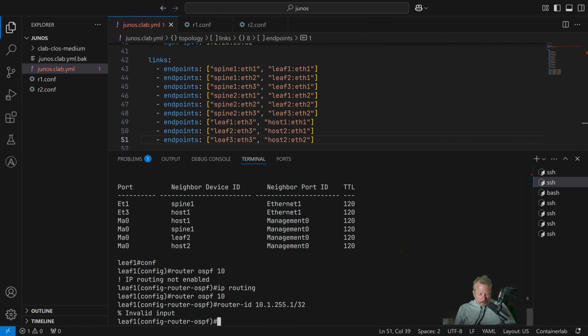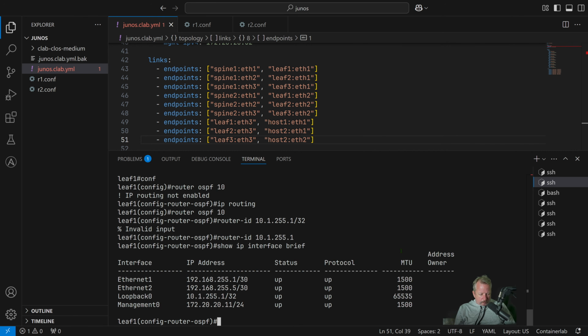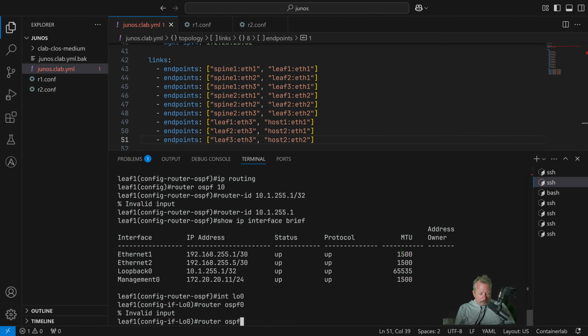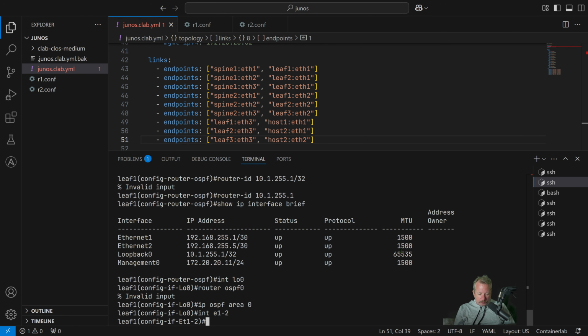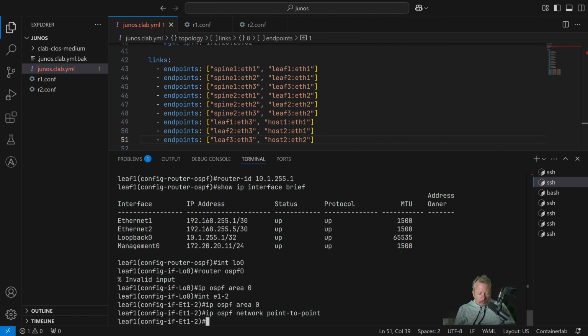Router OSPF, oh, router OSPF. IP OSPF area 0, and interface E1 and 2. It's going to be IP OSPF area 0, IP OSPF network point to point, and show run